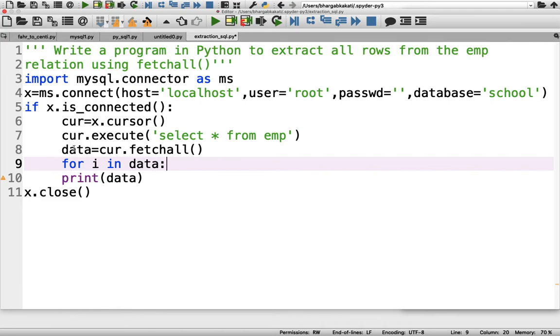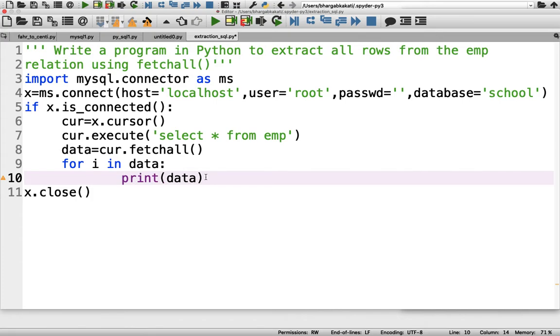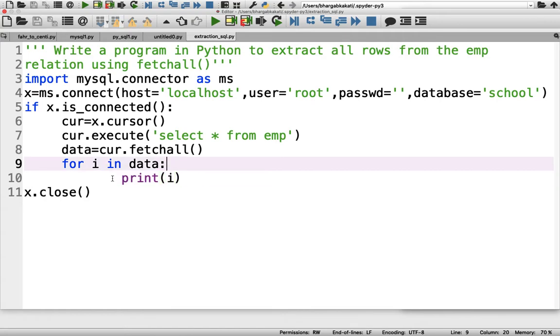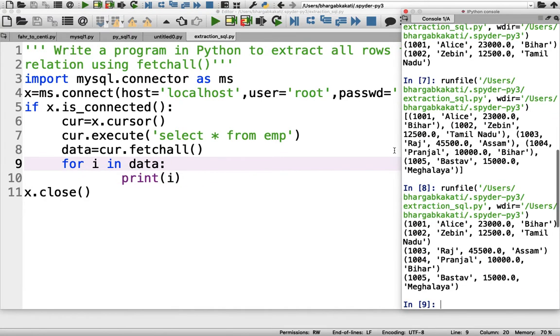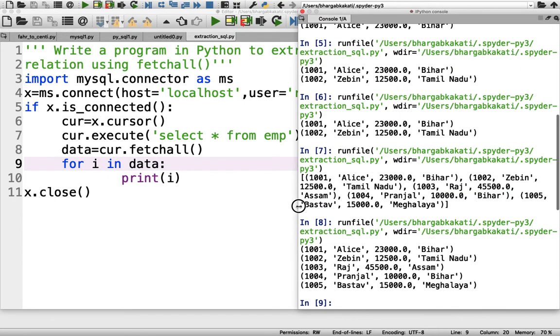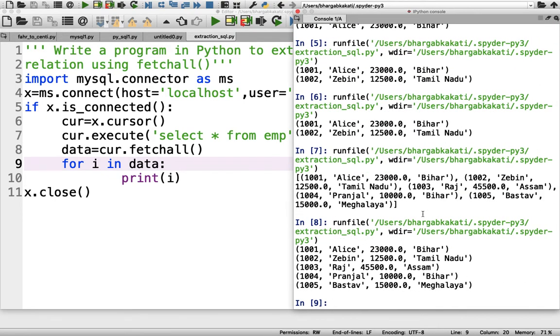You already know about the for loop from your class 11 concepts, and if you do not, you can revise it from there. Now we need to display it one after another, so we will print i here. If I make this change, you can see that the same output has come, but now it is much more user friendly.